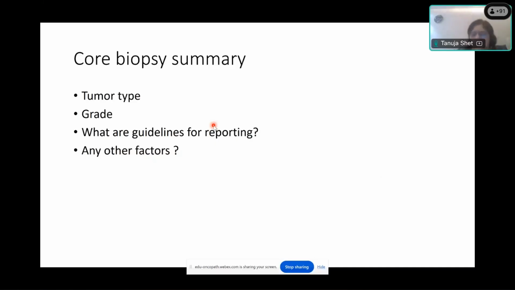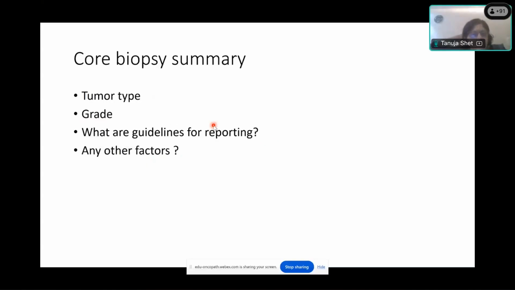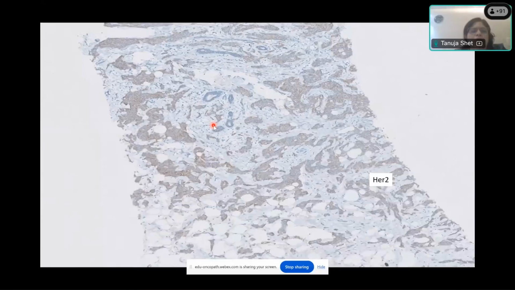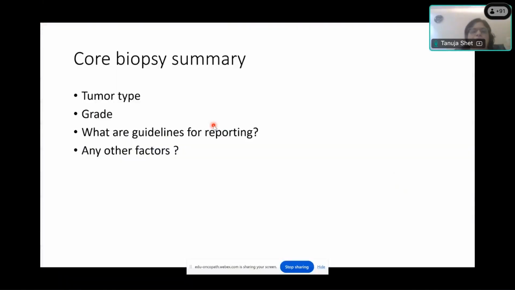So this is the core biopsy. So what are the guidelines and any other factors? Okay. Garvit, what will be your treatment for this patient? This was the story. You had a 7 centimeter lump with a 2 centimeter hard mass in the axilla. So this is a locally advanced breast cancer. Although this is ER 8 plus, PR 7 plus, I am still going to try a chemotherapy regimen